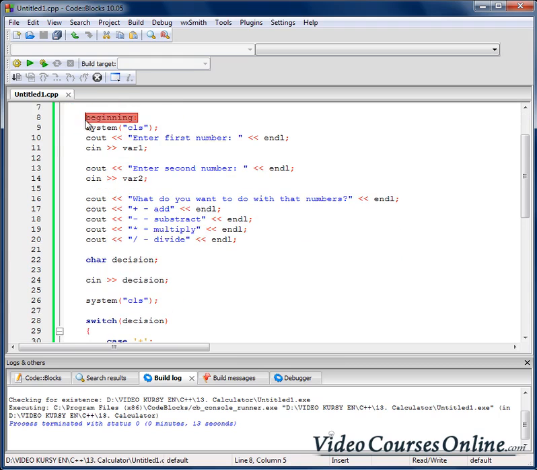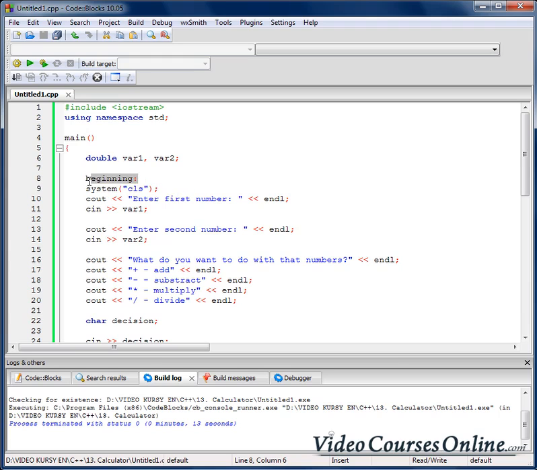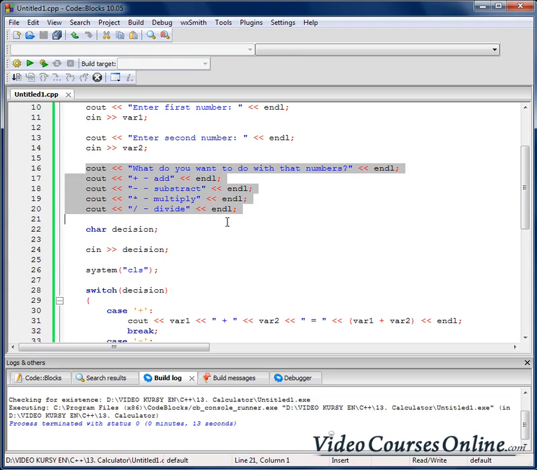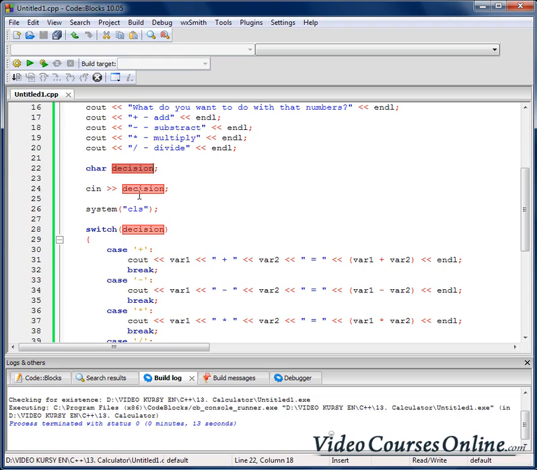And here I have got the label, so it might be used. It doesn't need to be, but it might be. Here I have to clear the screen instantly. There was nothing on the screen, so I don't have anything to clear right now, but okay. Now I'm going to send to the output, enter the first number, and add the end line at the end. And I'm going to wait for that number from the input from our user. Now our user is typing something on the keyboard, for example 5. Then he's asked for another number. Our user is typing it, and now we send all the things to the output, and we are waiting for